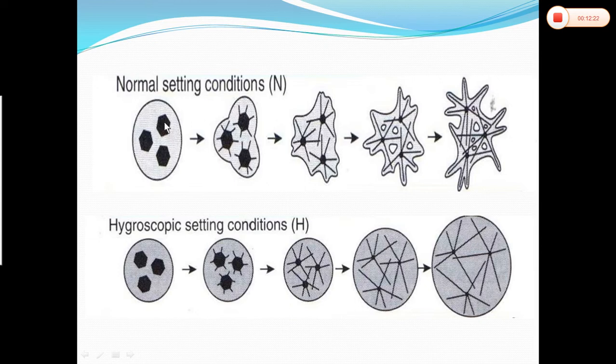So the growth of one crystal is obstructed by the growth of the other. So it leads to outward thrust, leads to expansion. You have to understand this diagram properly. When hemihydrate is mixed with water, dihydrate crystal growth happens from a nuclei of crystal. As they absorb water, water content reduces, the water particle reduces in size, and these dihydrate crystals come closer. As they come closer, the growth of one crystal will be obstructed by the growth of the other. This happens for thousands of crystals. As this gets obstructed, they release the outward push or outward thrust externally, leading to expansion of the product.